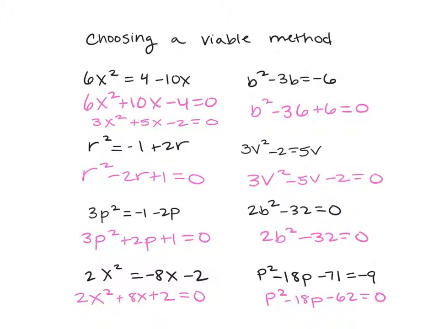So when I look at that one, you are asking yourself, can it factor, can I solve by square rooting, or can I complete the square? And I know I cannot complete the square efficiently because this a value is not 1. So then I ask myself, can I factor or can I solve by square rooting? And I can't solve by square rooting because I have a b term right here. So my only option is to factor, and if I can't factor, then I'm going to have to use the